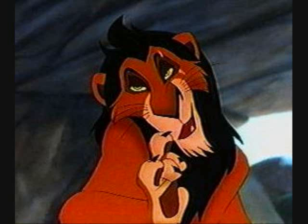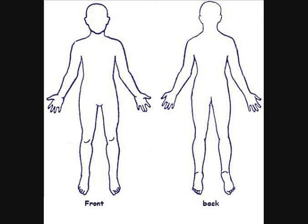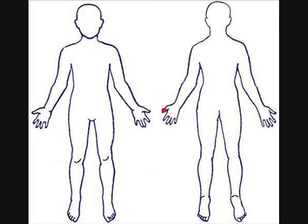We're talking about our scars this week, and even though I'm really late, what I've decided to do is take an anatomically positioned diagram, such as this, where the left side's the front and the right side's the back, and I'm going to circle the areas where I have a scar that I can't show you. So I'm going to start, and on my left thumb I have a scar from where I was sawing